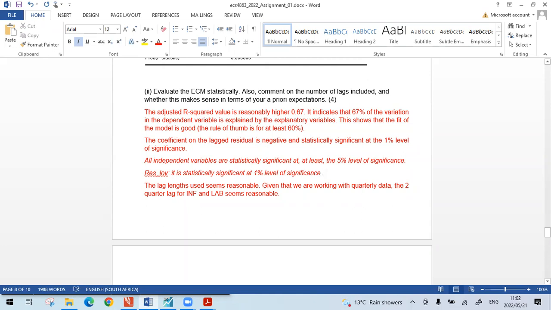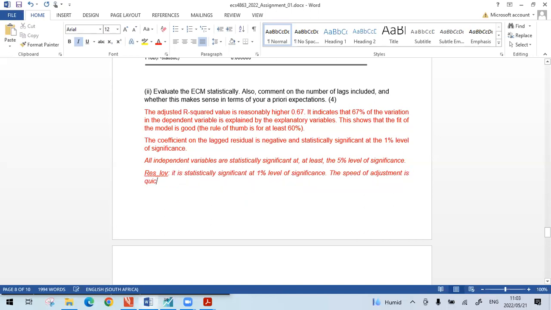What about the speed of adjustment? How do you comment on it? Tell me, I want to type. The speed of adjustment is quick because it's closer to -1. The other one also puts it in their own beautiful English, so that you look different. But that's basically it. The speed of adjustment is quick because